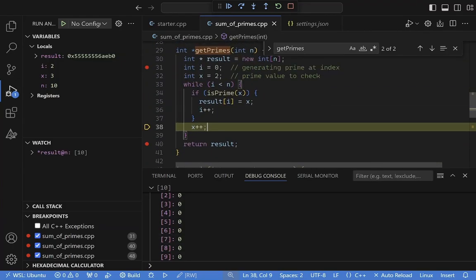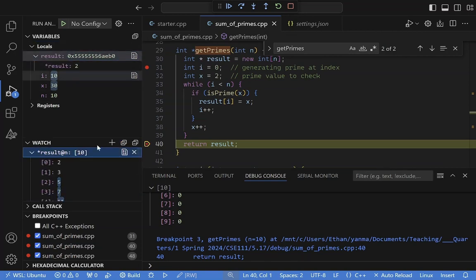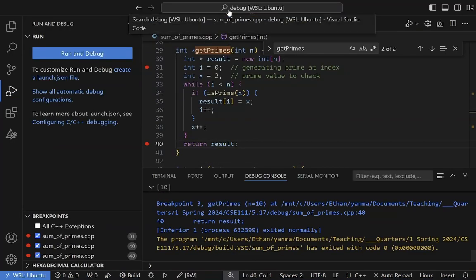Great. So I think everything was working. Okay, let's just keep going. Now the result is all filled, and this is great. Actually, we want to check here, of course. Yeah, we can see it's all filled. The last value is equal to 29. This is great. And if we run,